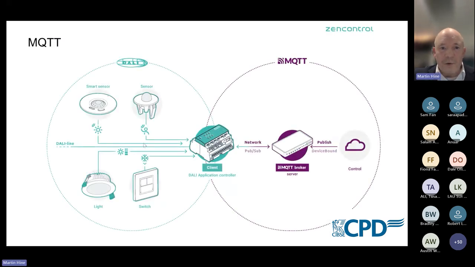MQTT, just looking a little bit more into the MQTT side of it, the integration from the actual application controller itself. It gathers all the information from the DALI 2 network of devices, and in order to export this information to a third-party system in the cloud, there's a naming convention that's created by the client, and then the information is sent through the internet to the